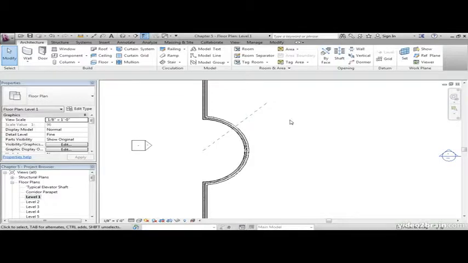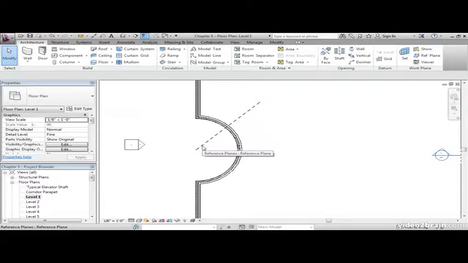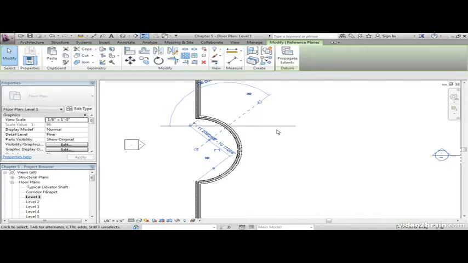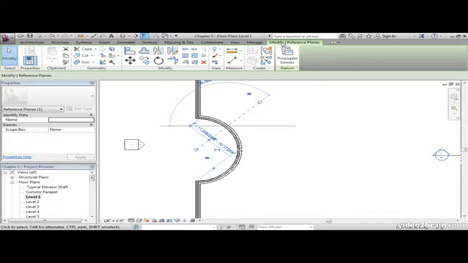The next command I'd like to look at is the Radial Array command. What we're going to do is make 4 copies of this line symmetrically about this radius. I'm going to select this reference plane. On my Modify Reference Planes tab, and on my Modify panel, I'm going to click